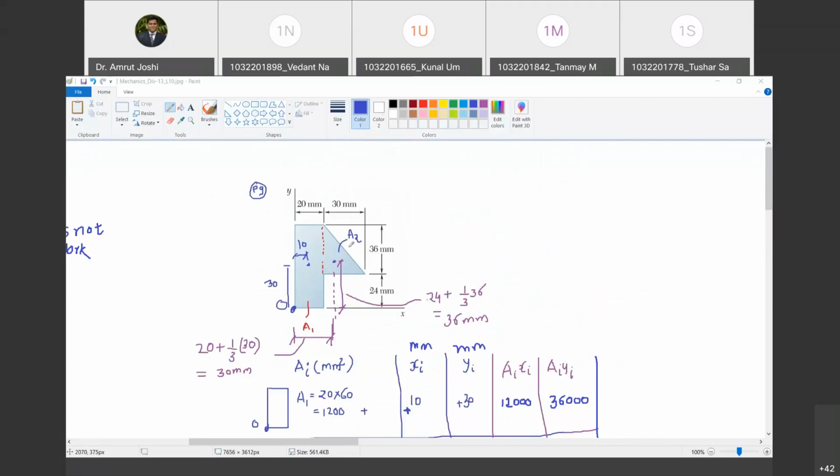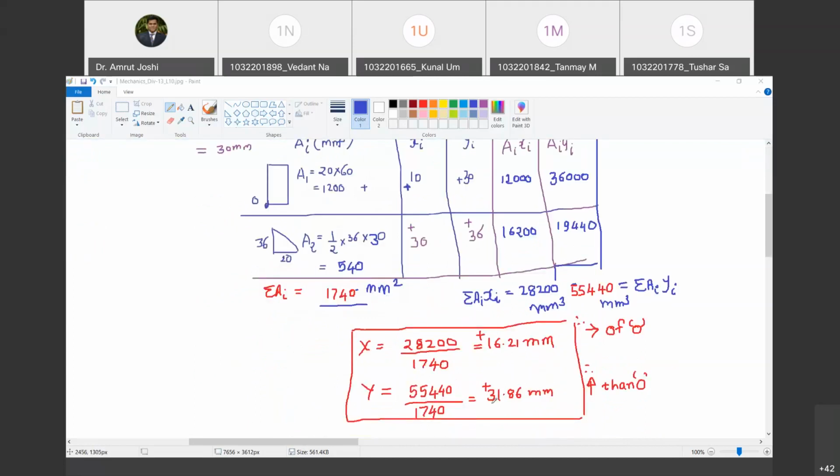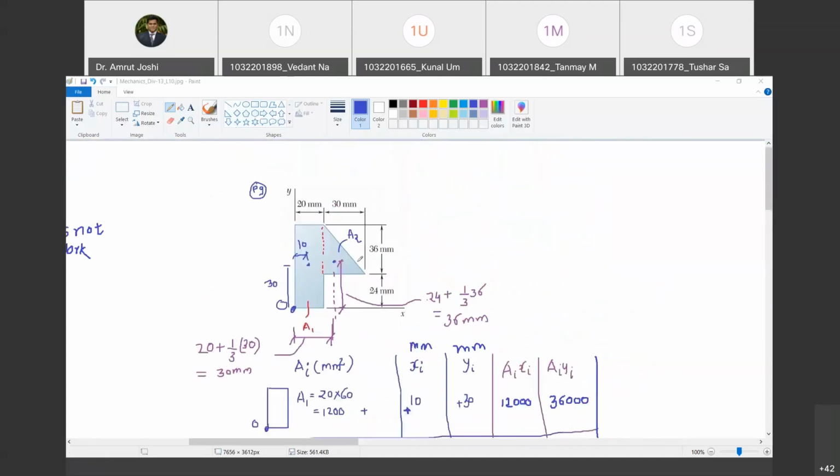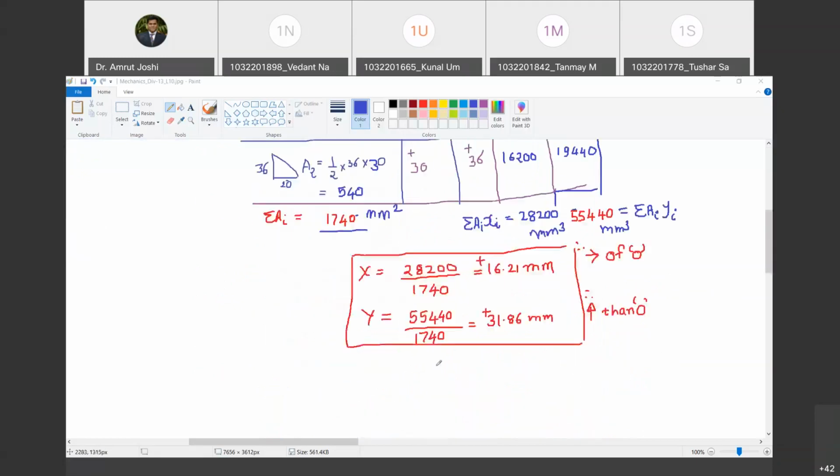And now, if this triangle were not there, where would y bar be? Y bar would have been then at a distance 30. But as you are adding this triangle on the upper part, now y bar ought to be greater than 30, and that has turned out to be 31.86 because you are adding the area beyond 30 mm from O. Therefore, the centroid is pulled towards that area. Are you with me? Yes, sir. So wherever you place area, that acts as a zone of attraction for the centroid, which will be pulled towards that side. Keep in mind that. Happy?